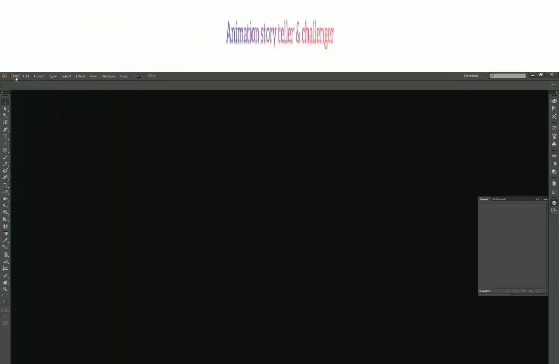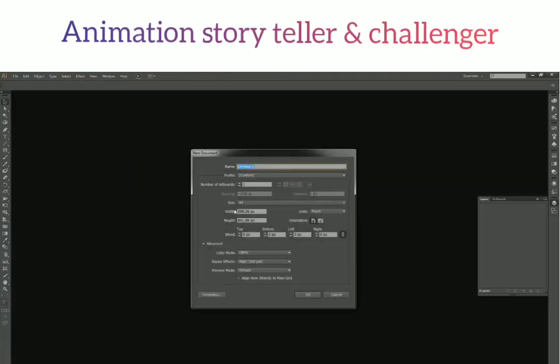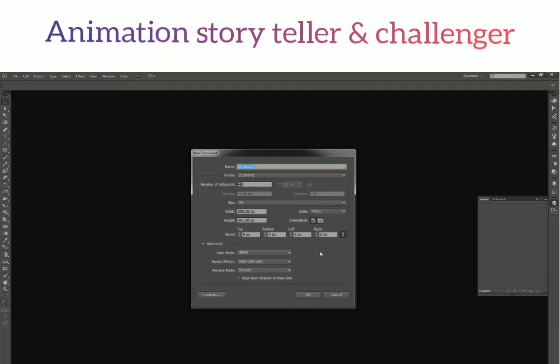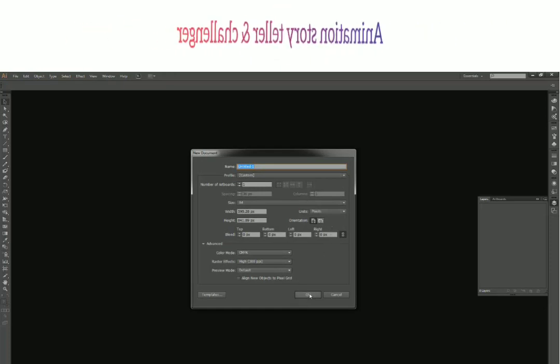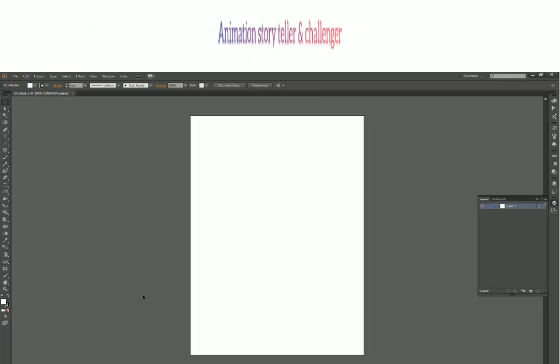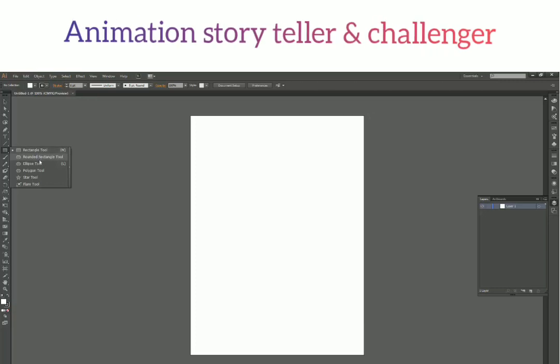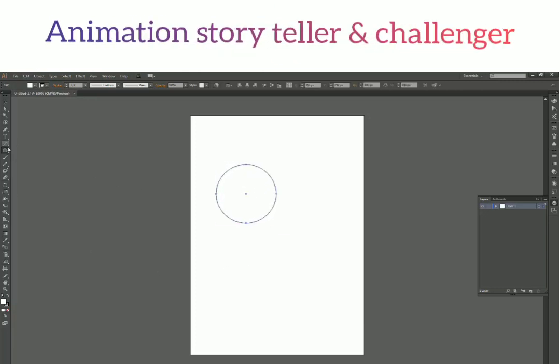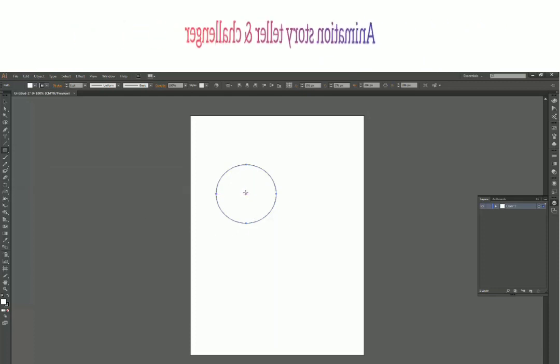So I'm just going to create a new file from here. Make sure the number of artboards is 1. I don't want multiple artboards right now. And there I have my file. So I'm going to create a circle and a rectangle over here.